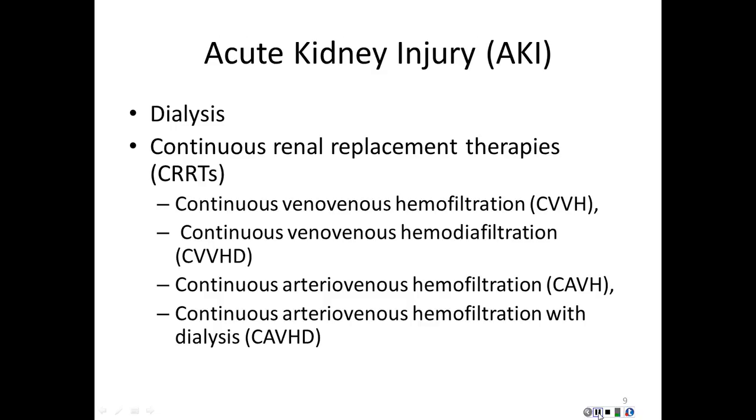But typically, you're going to see these patients with something called an ash split catheter or some sort of 2 or 3 port catheters where they can do both blood in and blood out at the same time to allow for this hemodialysis type process on these patients.